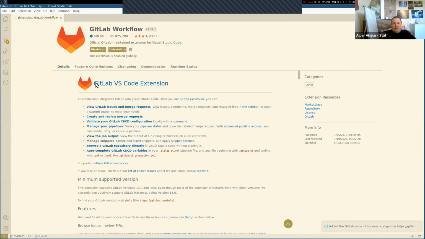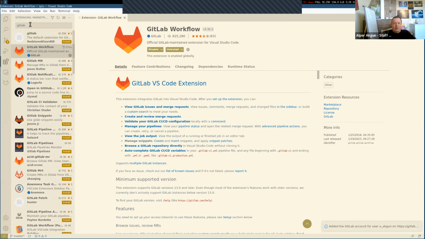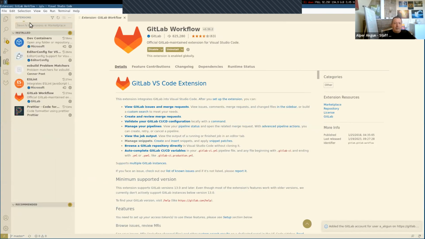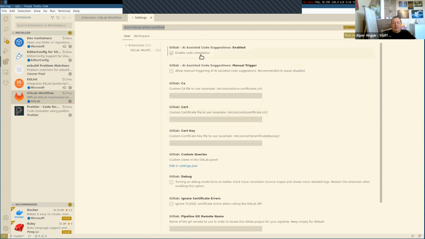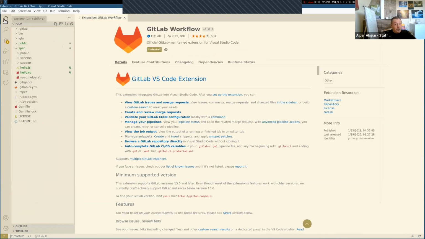Okay, let's go back to extensions now. In the extension, I go to the extension settings, and I have one setting which is enable code completion, which is already enabled. Now, when I go to a GitLab project, it must be a GitLab repository, and I